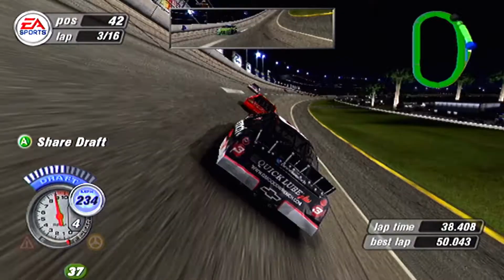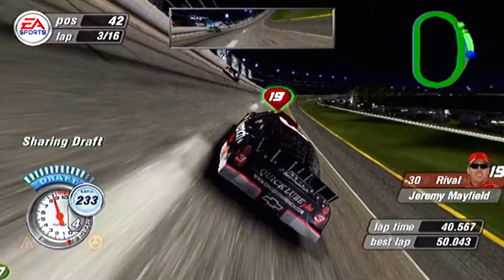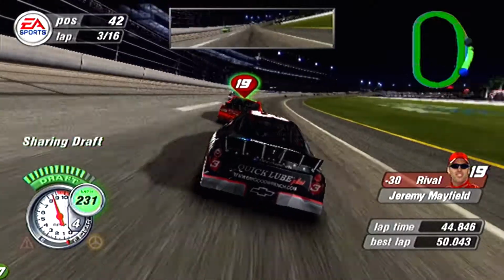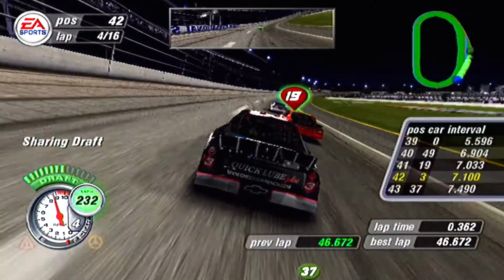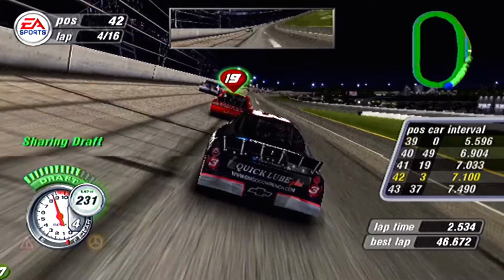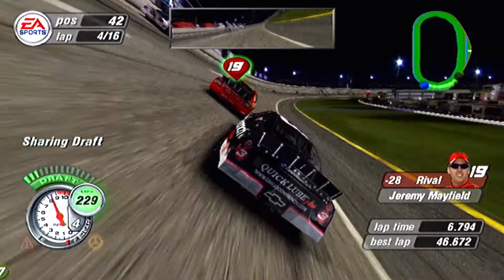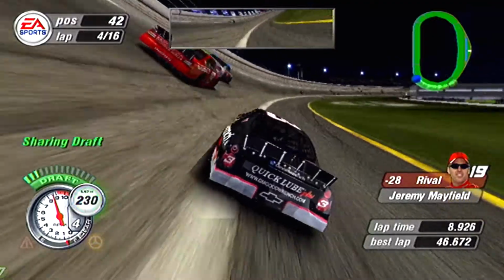Yeah, we're going to lose some points today. It's a good thing we have a ginormous lead. But I really don't see any way we get a good finish. I mean, I could try pit strategy. I don't know about the tire situation. I'll be able to get away with that, but maybe...